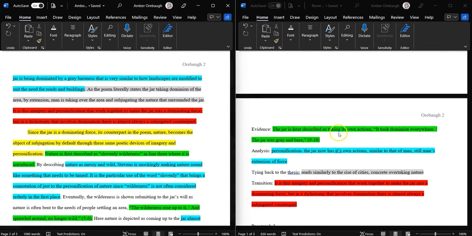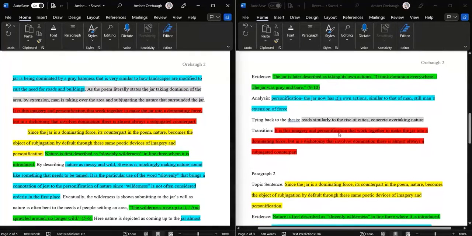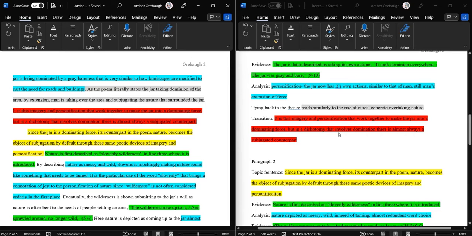Similarly, after I have that tying back to the thesis moment, I sort of wrap it up with what becomes the transition into my next paragraph, right? Now, you don't have to transition this way. I think for the flow of my essay, it made the most sense for me to transition at the end of this paragraph, but you'll notice as I go down farther, I actually don't have a transition at all within paragraph 2 because I open my third paragraph with a transition. That's technically totally fine. As long as you're easing your reader in or out of paragraphs, you can kind of get away with doing it that way.